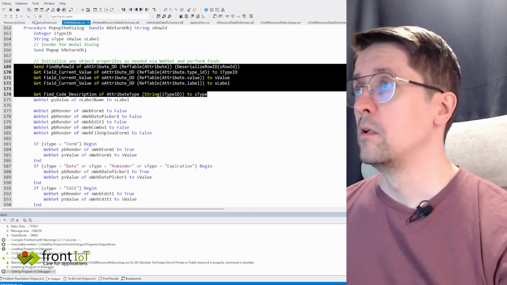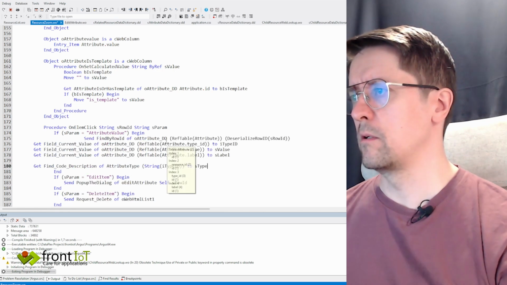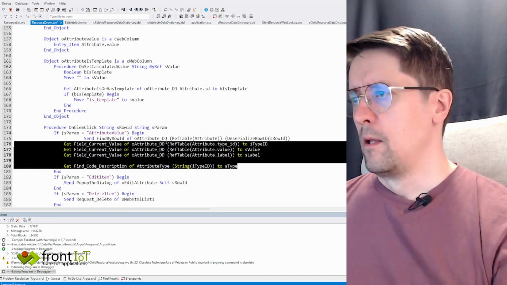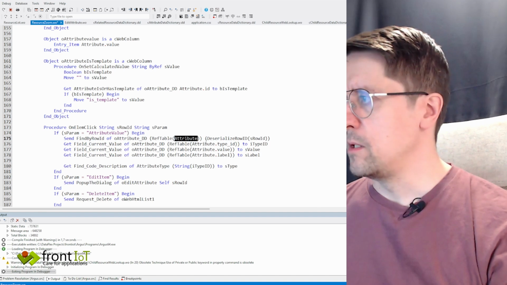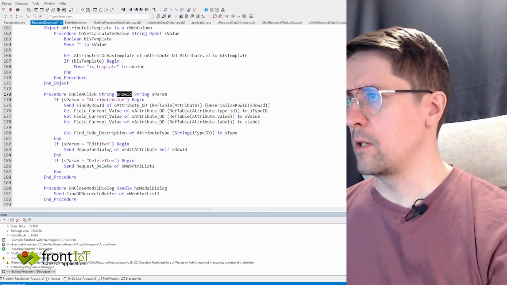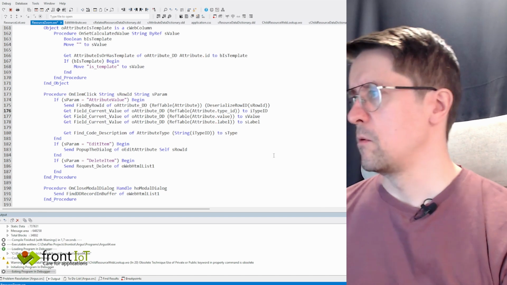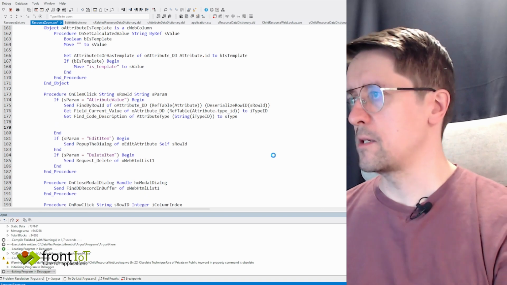So let's go in here, zoom attribute, there we are. So find by row ID, this is the S row ID that we're looking at. We don't really care about the value or label, but we would like the S type